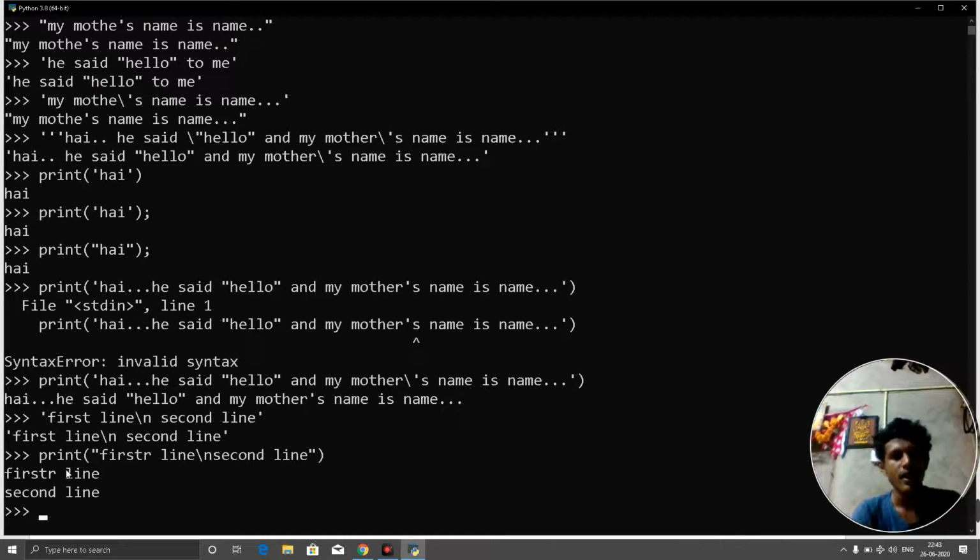Now I think it will give you the second line. Here you can see it is the first line. Oh sorry, it is spelling something wrong. That's okay. First line and the second line. That means we can use slash n. But now I want to print something, like my output sentence should be